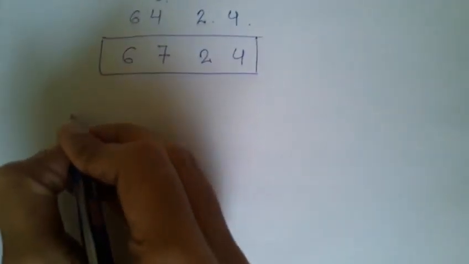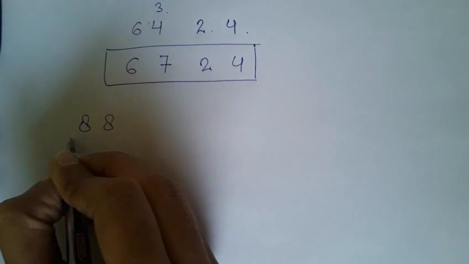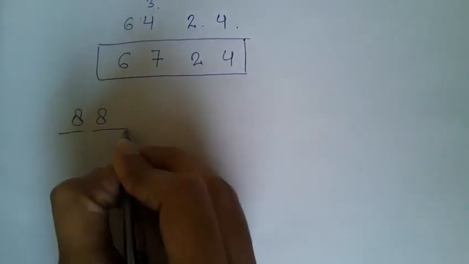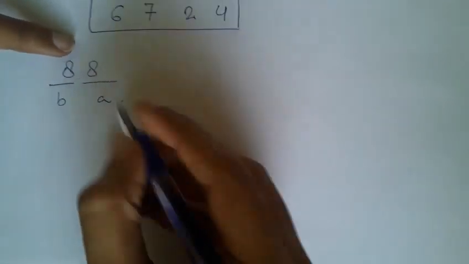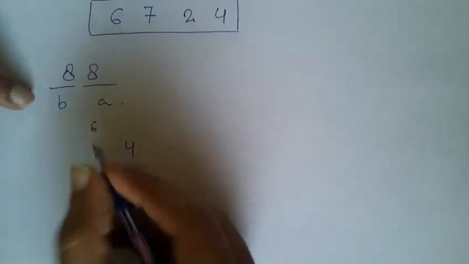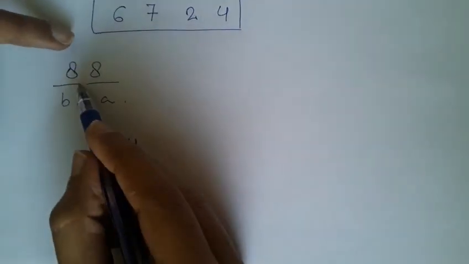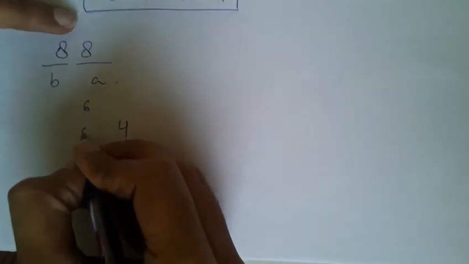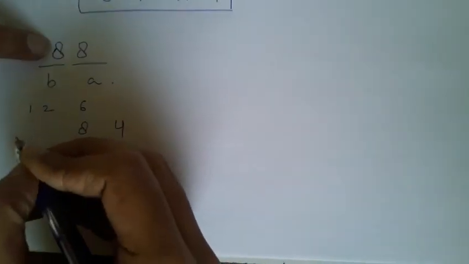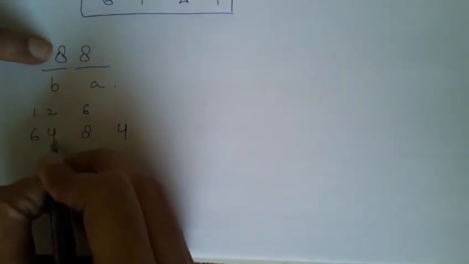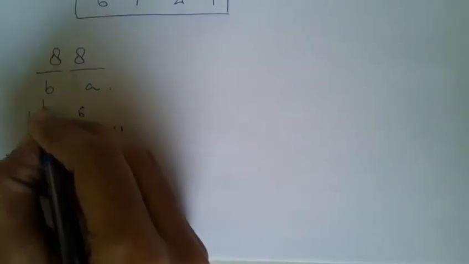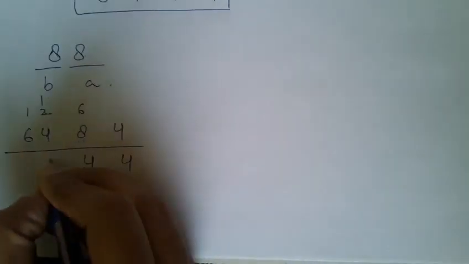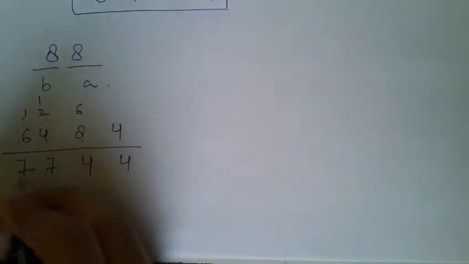Then the next example which we can take is 88. We will do the same thing, that is break it into two parts, b and a, and then we will apply the formula. 8 into 8 is 64, 6 will be carried. Then twice a into b, that is 64 into 2, 128, 8, and then 12 will be carried. 8 square is 64, we'll write down and then we'll add it. 4, 8 and 6 is 14, 4 and 2 is 6, 6 and 1 is 7, and then 6 and 1 is 7. 7744 is the square of 88.